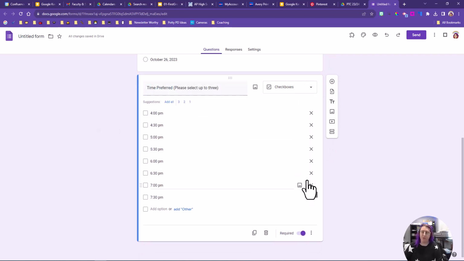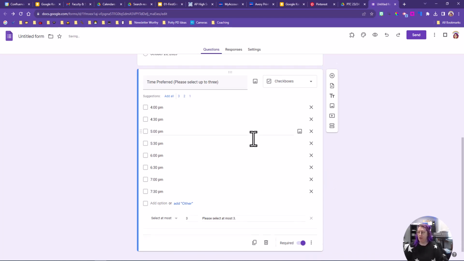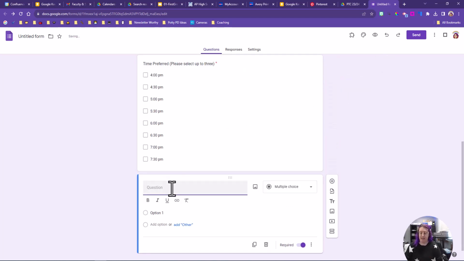In order to make sure that they can only select up to 3, I'm going to click these 3 little dots, and I'm going to click response validation. It says select at least. I'm going to say select at most, and I'm going to say 3. Please select at most 3. Okay. So time preferred, and then our last one is